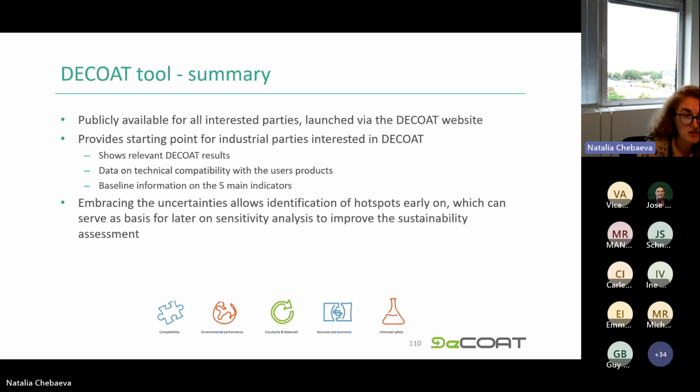We hope that this will help industries to have early-stage hotspotting and applicability of the DECOAT solutions and introduce these solutions into their own systems to improve the